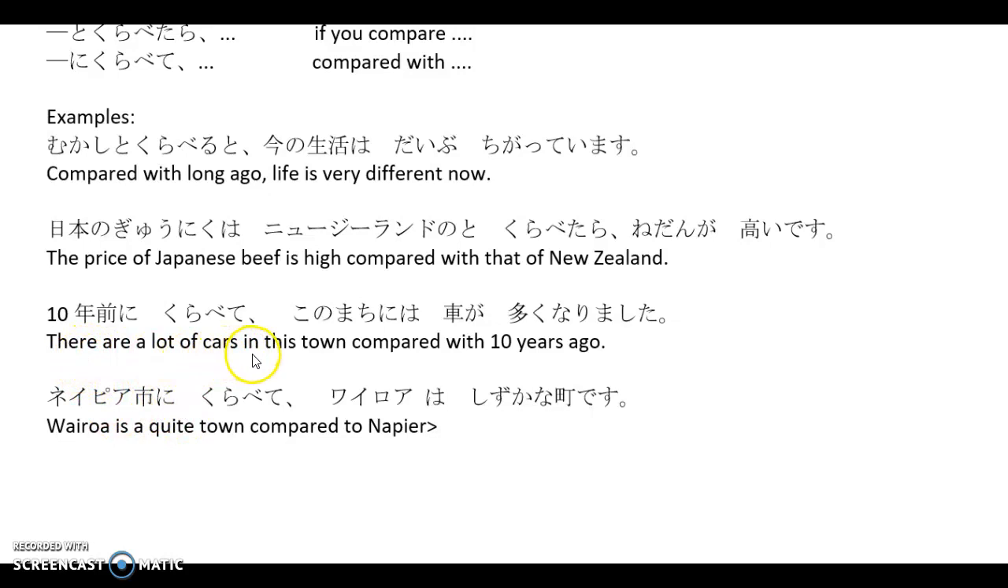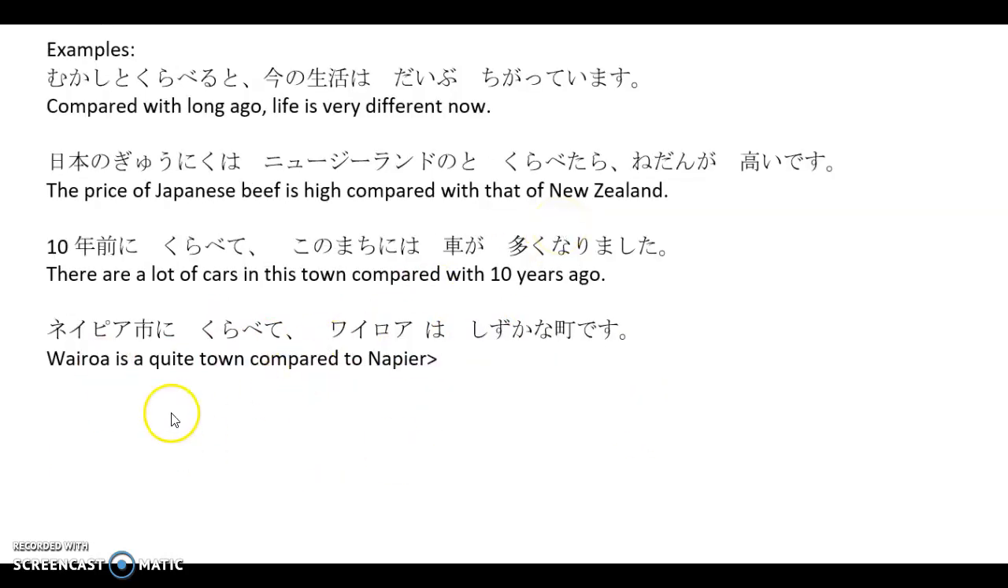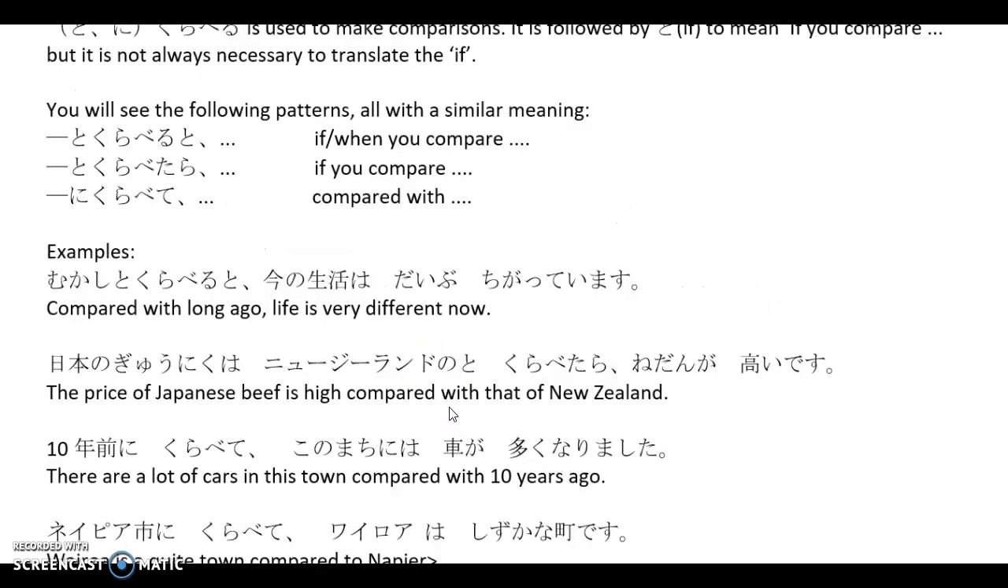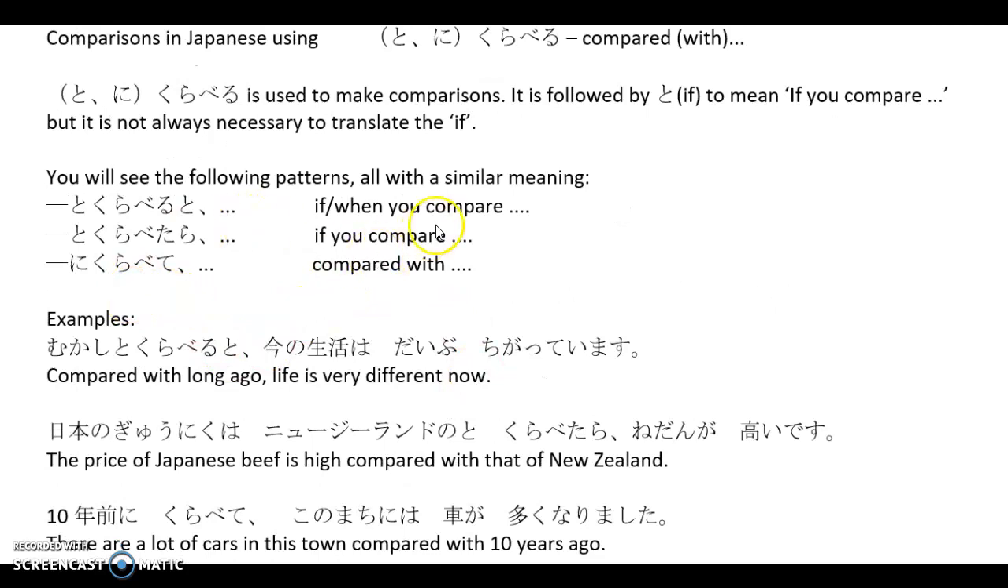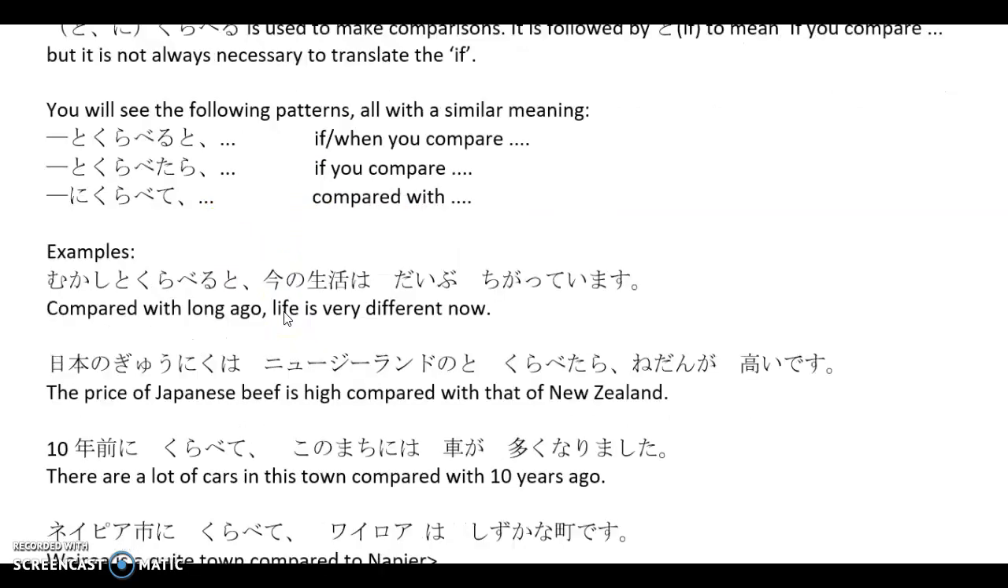Or, there are a lot of cars in this town compared with 10 years ago. 10年前に比べて、この町には車が多くなりました。Or more locally, Wairoa is a quiet town compared to Napier. Napier 市に比べて、Wairoa は静かな町です。Right, so the kuraberu structure is quite handy when comparing one place to another in either New Zealand